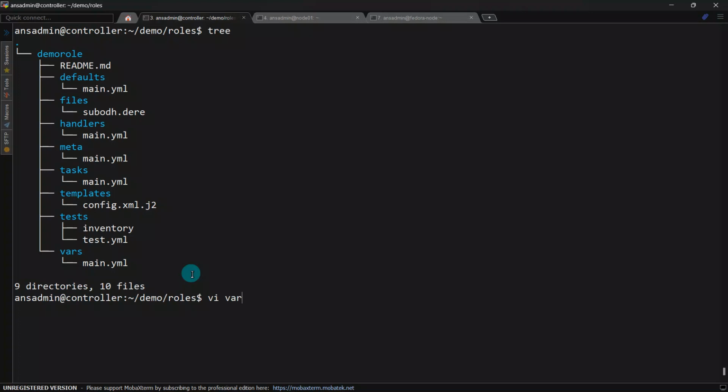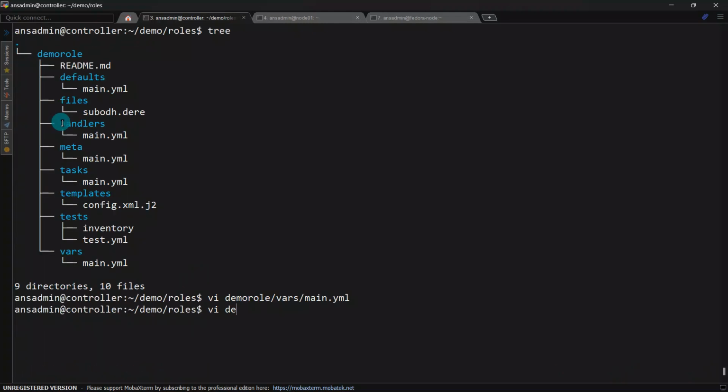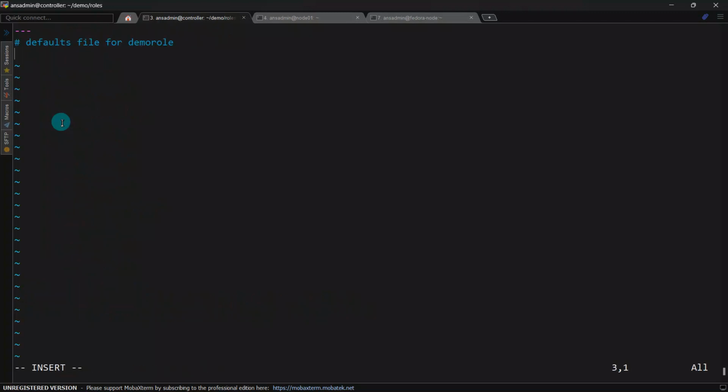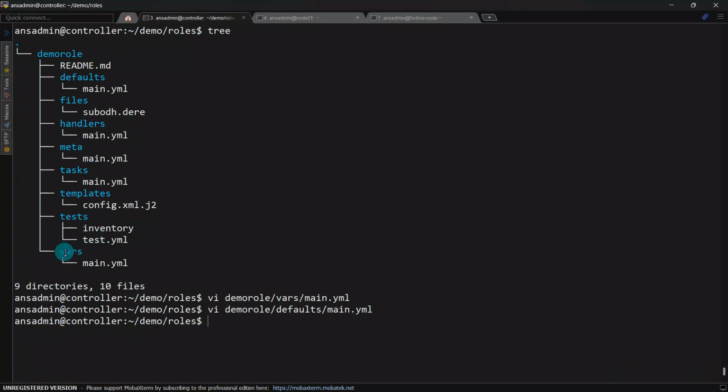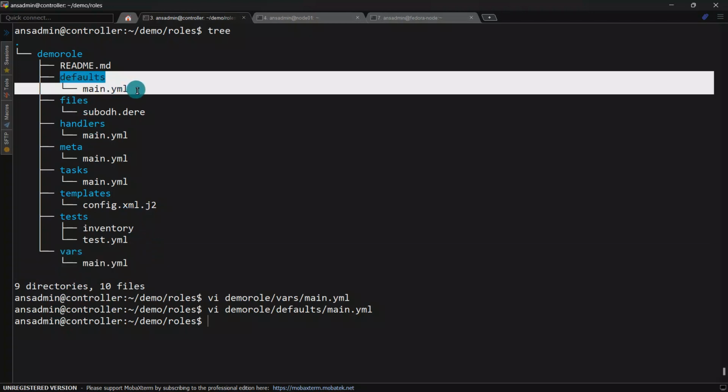Let's say in the vars main.yaml, I don't provide this, and in the defaults main.yaml I provide some city equal to Mumbai. Okay, so vars main.yaml is blank now because I have commented it and added that variable in defaults with the updated value. Okay, so now if I execute it,